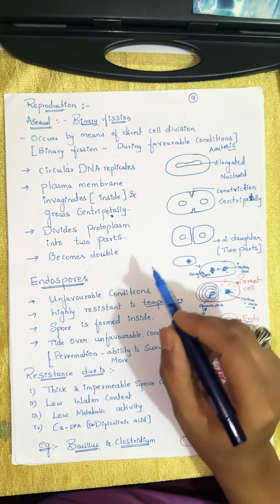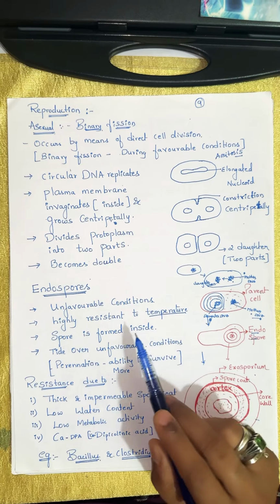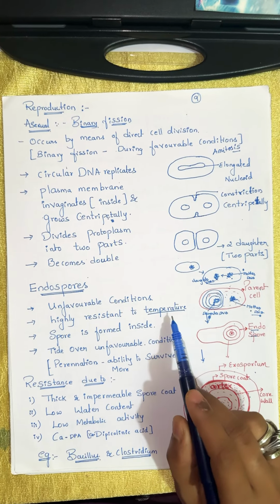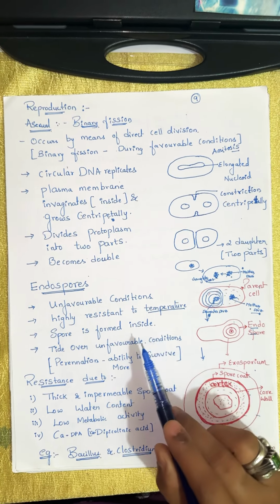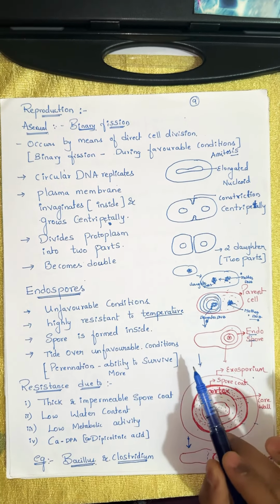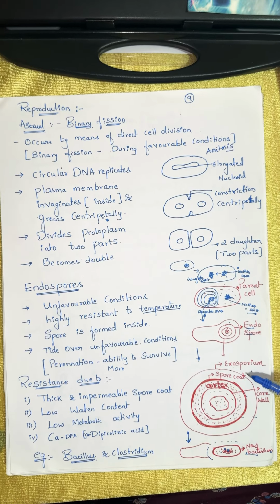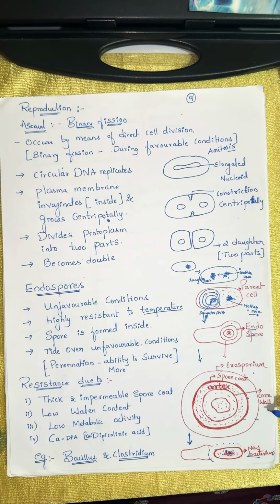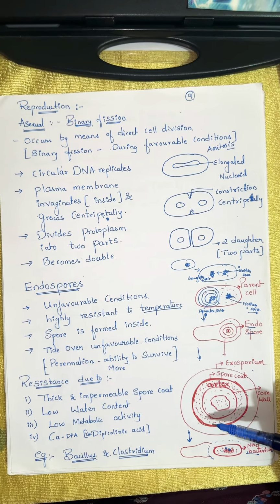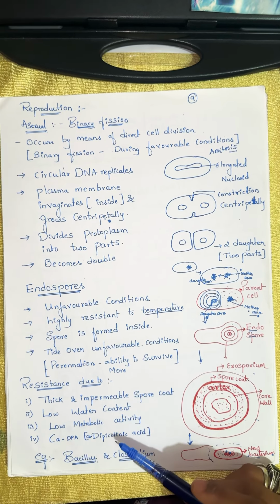Endospore formation takes place during unfavorable conditions. It is highly resistant to temperature. The spore is formed inside to tide over unfavorable conditions. Perennation, that is the ability to survive longer, also happens. Exosporium, spore coat, cortex and core wall. Calcium dipicolinic acid will be produced. They have a thick and impermeable spore coat, low water content and low